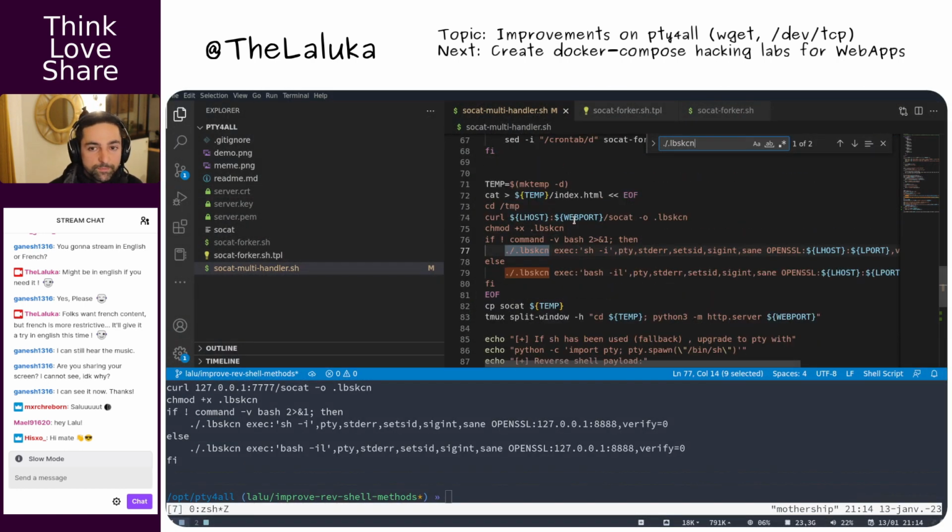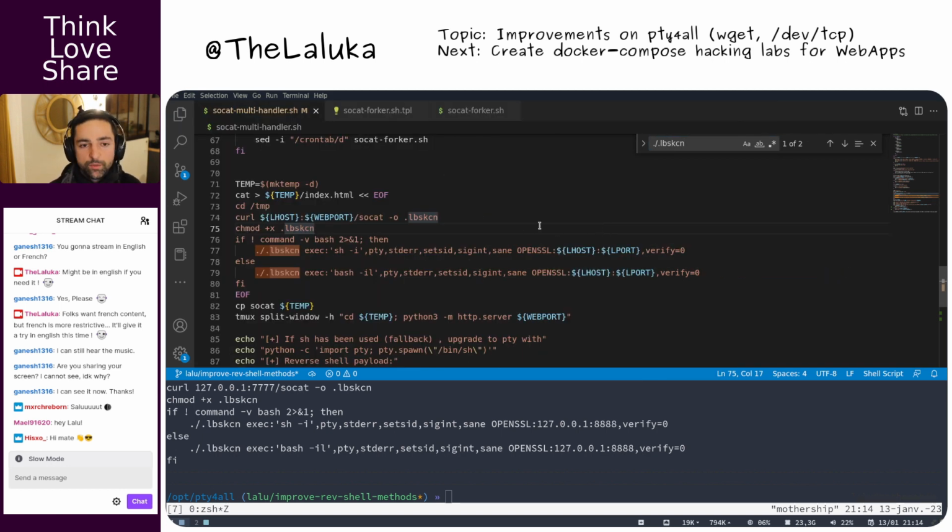So how to do that? That's the template I'm using. The code is really dirty, but it does the job. What we could try to do is to have the tool try to achieve the same download of the socat binary in several ways. That way, with only one command, we could ensure that at least one succeeds.